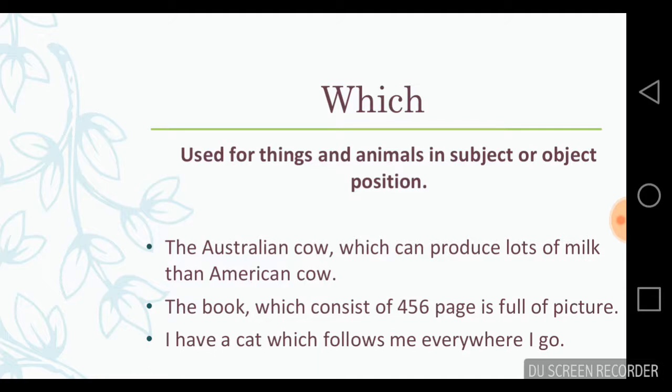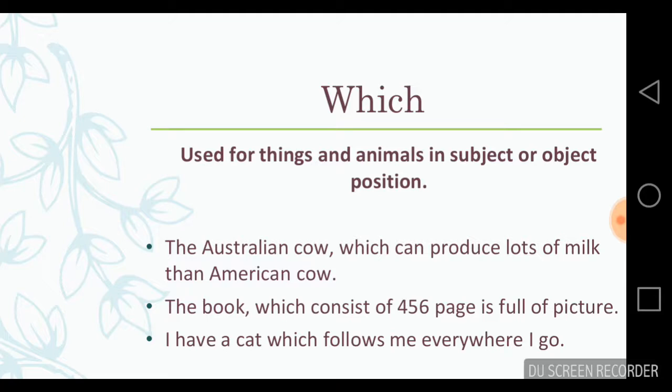Which is used often for our sentence because it can be used for anything like things, animal, but it cannot be used for human. And it can explain the subject or the object